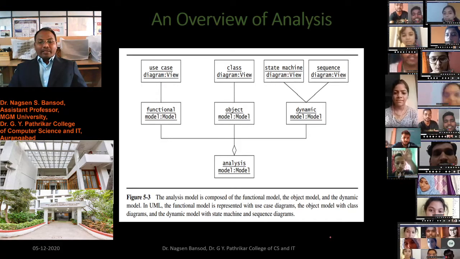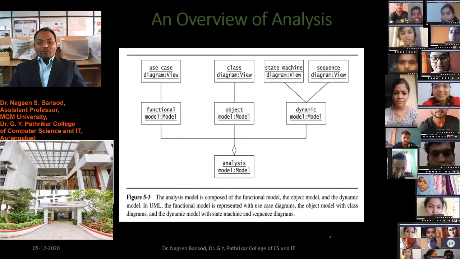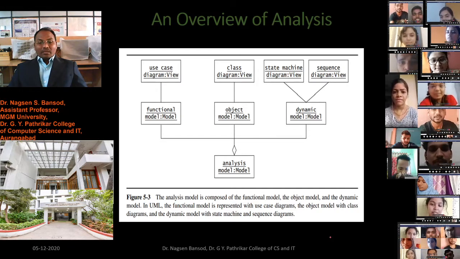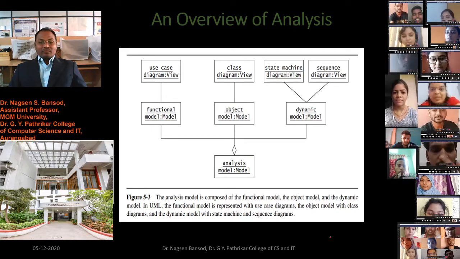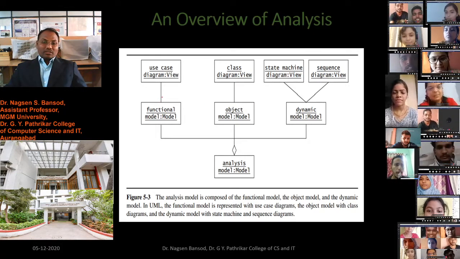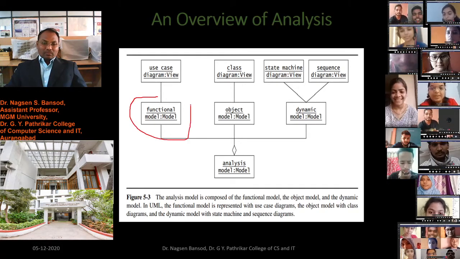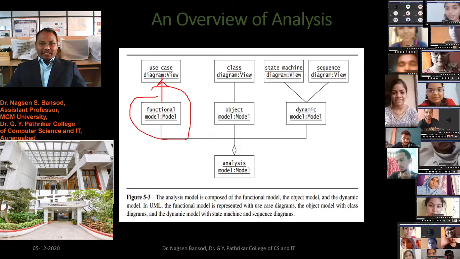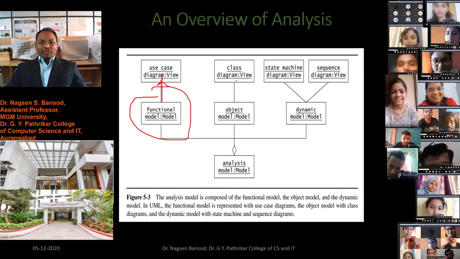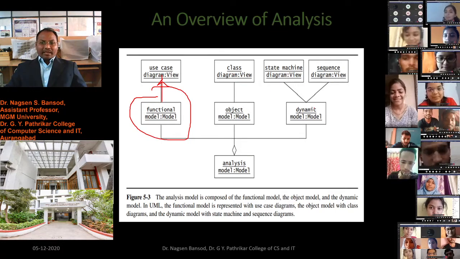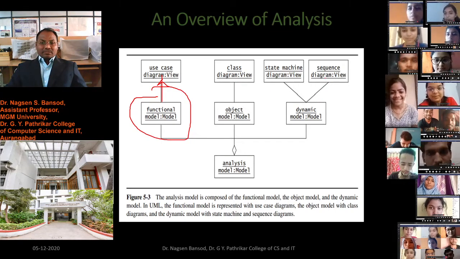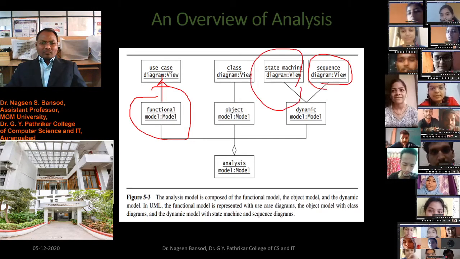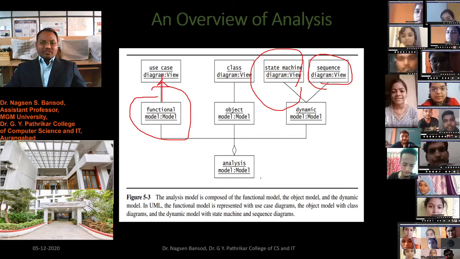The functional model is represented with use case diagrams, the object model with class diagrams, and the dynamic model with state machine diagrams and sequence diagrams, as you see here. The functional model represents use cases and scenarios, the object model represents the class diagram, and the dynamic model represents the sequence diagram view and state machine diagram view. This is the analysis model.